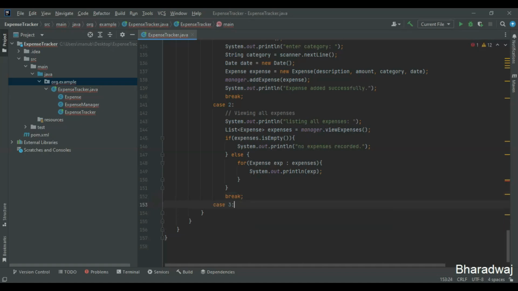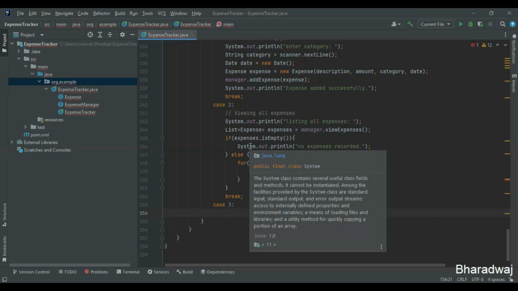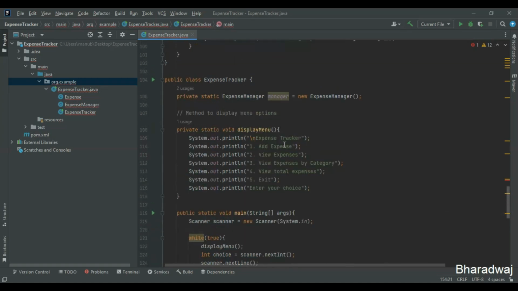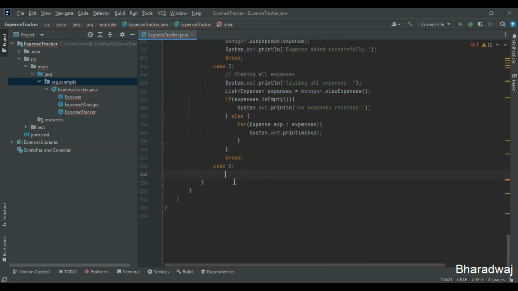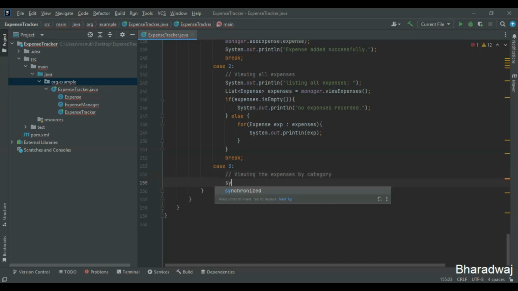Let's continue with case 3. So this is it. Case 3, what we are doing? View expenses by the category. Based on the category, we'll be viewing the expenses, right? Initially, by making use of S out, I'll just give enter